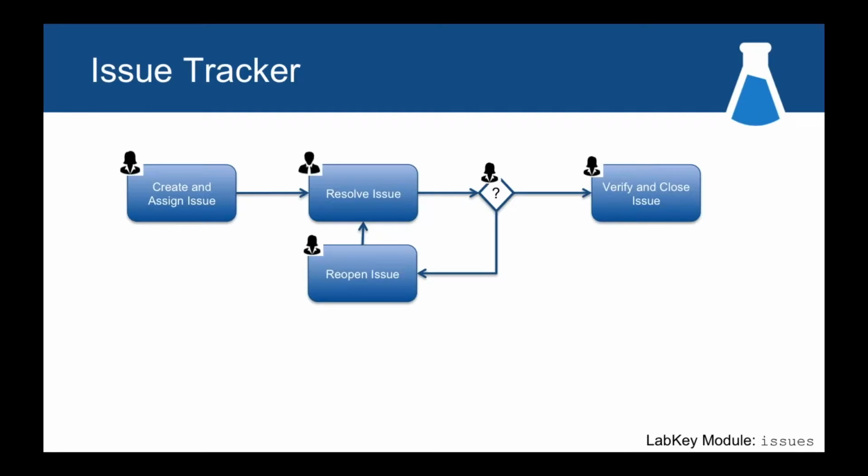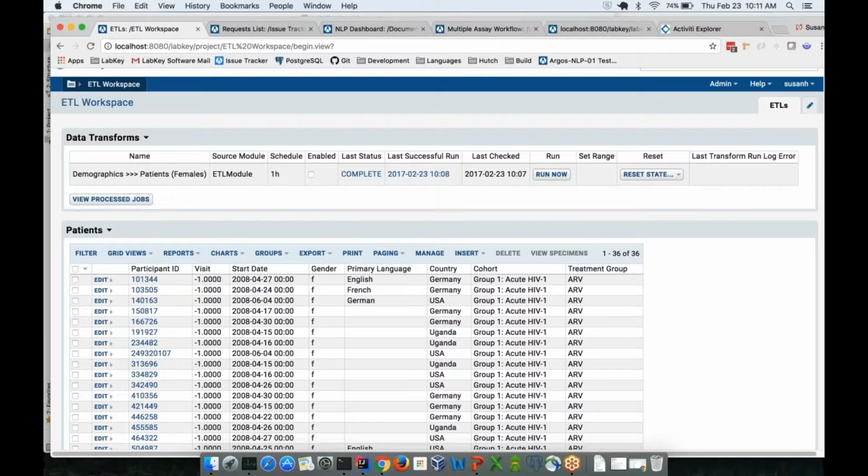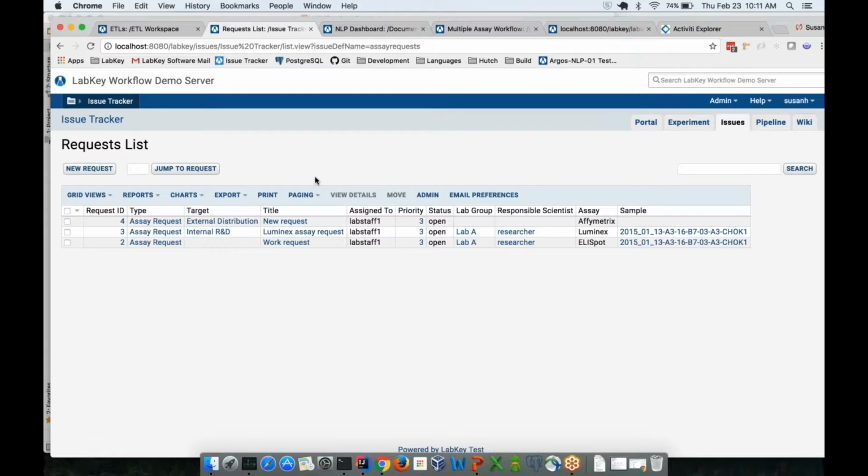So this issue tracker has been in LabKey for a long time, and we continue to improve it and make it more general purpose. So let me just show you an example of